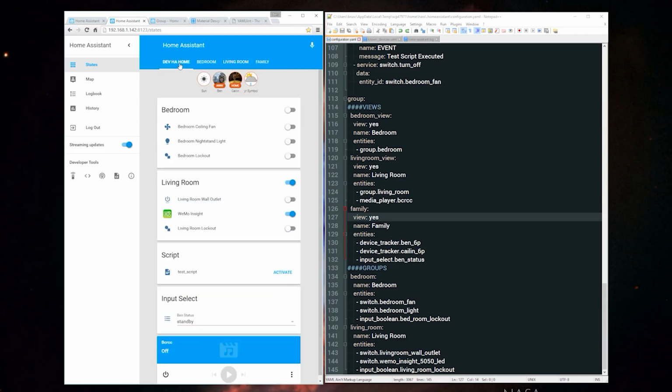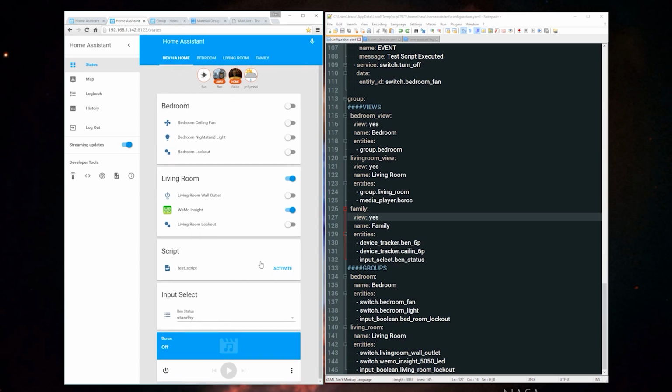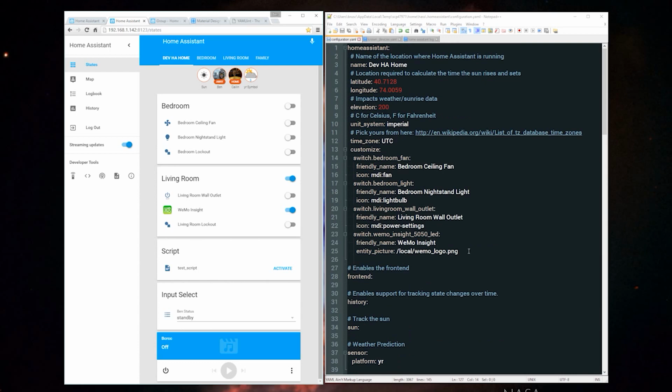But let's get fancy here. There's a couple things I don't like. For example, this script is not something that I would probably use often. And really, the only time I'd use the script is if I was calling it in an automation. So you can actually hide things from the UI by going back to the customize text, adding the entity ID,